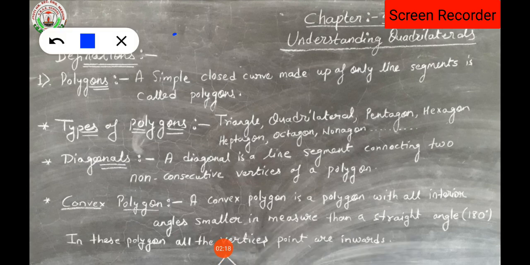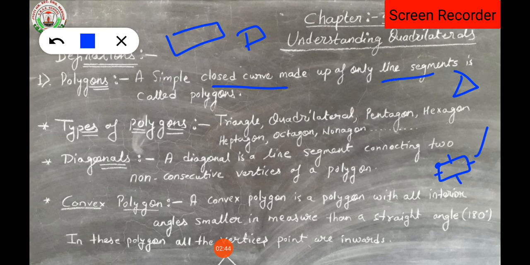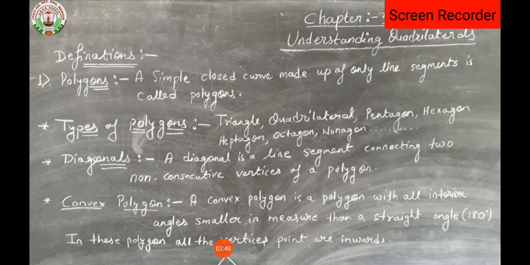Like suppose we are having a triangle, a rectangle, isn't it? These all are polygons, and also they are closed curves. Closed curve means it starts from the initial point and ends at the same point. That kind of figure is said to be a simple closed curve. So when a simple closed curve is made up of line segments, it is together said to be a polygon. Clear everyone?